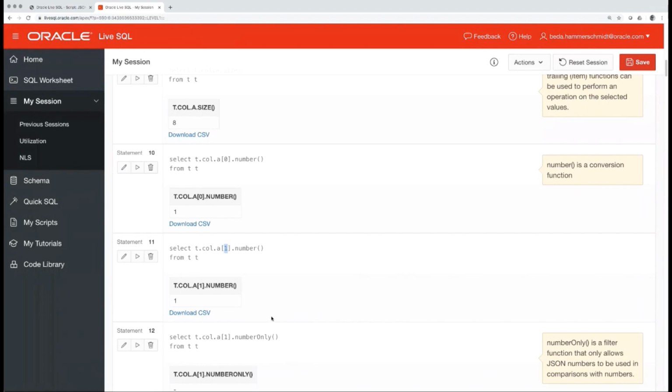So now there may be a case where you want to convert a number inside your JSON to a number in the SQL domain, but you only want to do it if the original value was a JSON number. So you don't want to convert strings that happen to be convertible to numbers. You just want to treat them differently. This is what this number only function does. The name is a little odd, I agree,